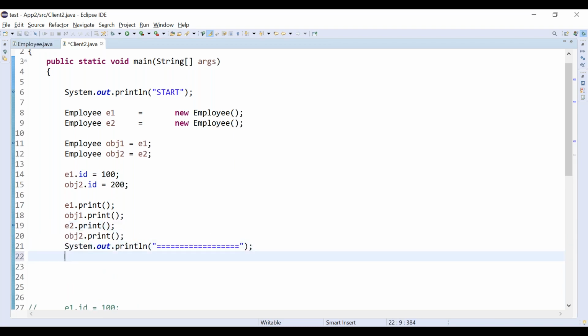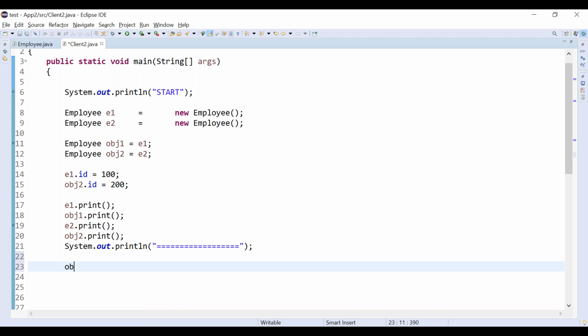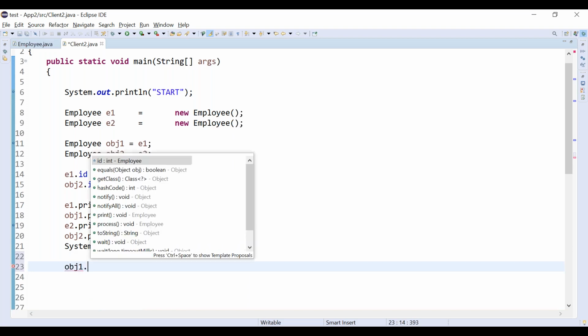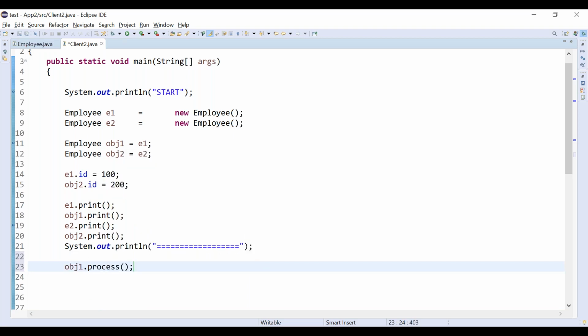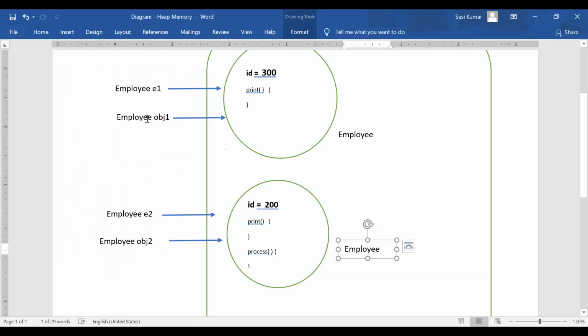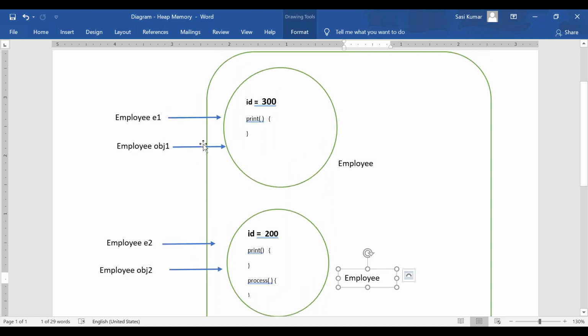Then again I am going to call the process method on the obj1 reference. Which one is obj1 pointing to? obj1 is pointing to the first object.